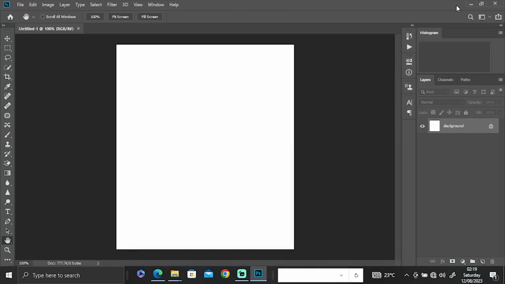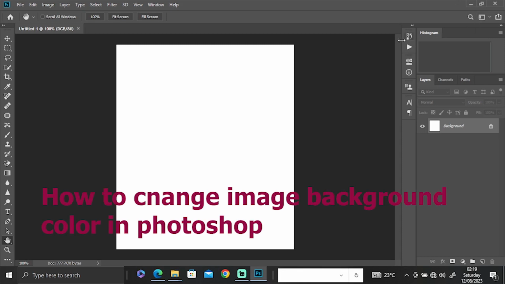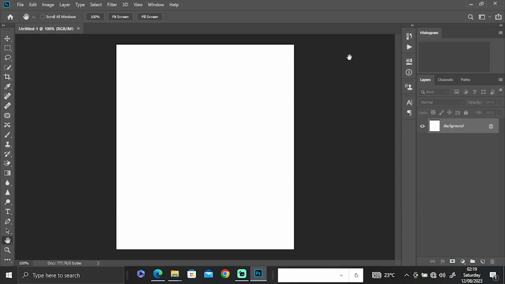Welcome to image or photo background color in Adobe Photoshop. In this tutorial, I'm going to pass you through how to change the photo or an image background in Adobe Photoshop. So for this case, we are going to first